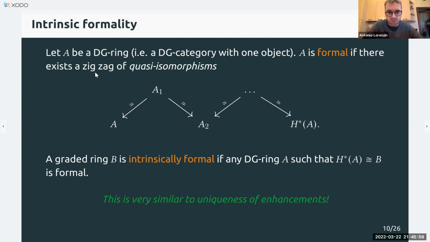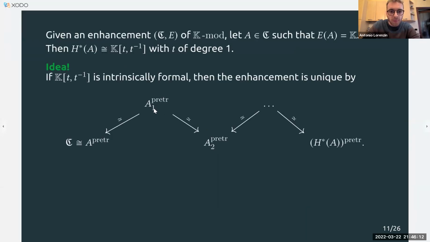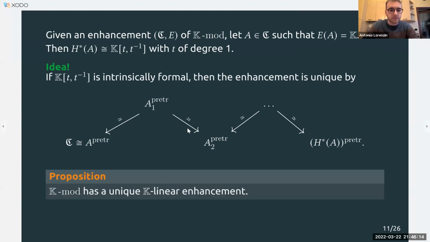And they are just part of the zigzag of quasi-isomorphisms, because we are moving between DG rings with the same graded homotopy. Okay. So now that we have this